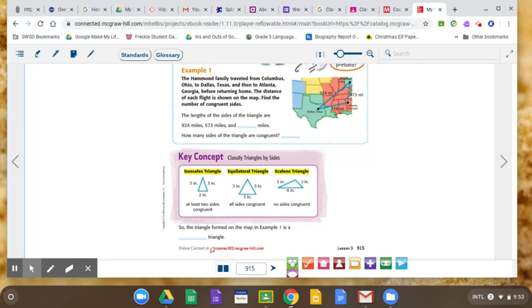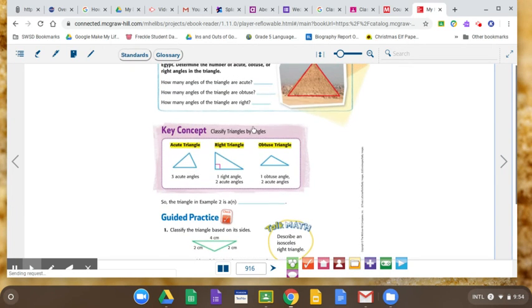So the first one is an isosceles triangle that has to have at least two sides congruent. Then an equilateral, all sides are the same, or all sides are congruent, that means the same. And then a scalene triangle is no sides are congruent. So when you're talking about the sides, these are the three types you use. The next page